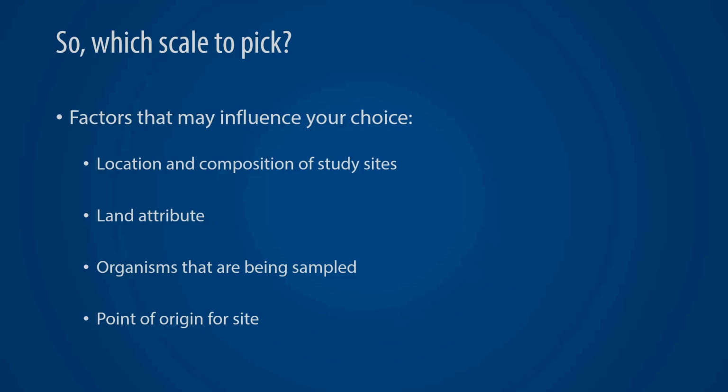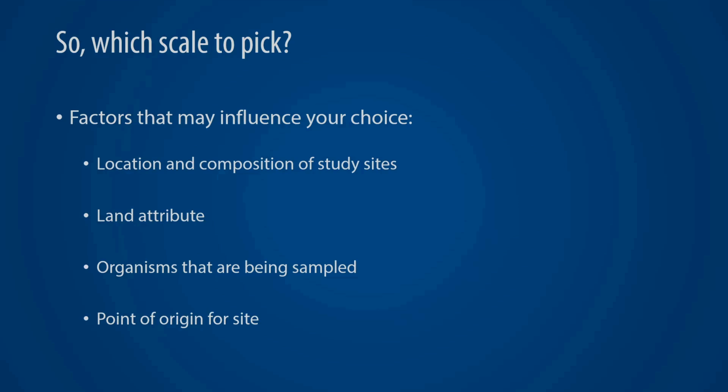One would be taking into consideration where your study site is and the general composition of that study site. Generally, more urban sites change their composition rapidly, going from a city center to a forest and then back to a city as you increase the amount of land you're looking at. Well, something like a rural site may just stay forest for a very large area. What that means is going from 100 meters to 200 meters for an urban site may be more noticeable than